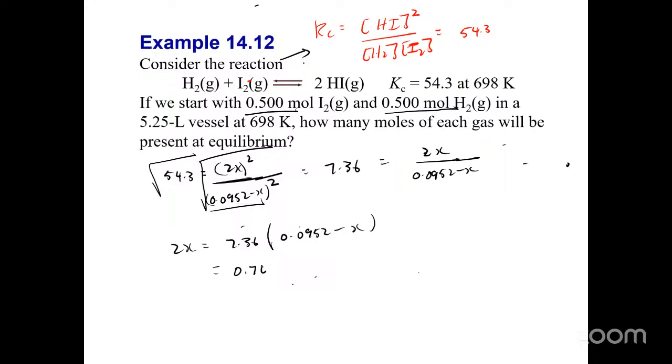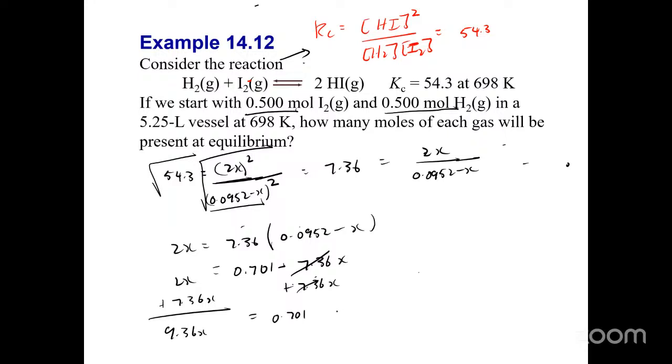When I did that calculation, I got 0.701 minus 7.36x. That would be equal to 2x. And then I'll put like terms together, which means I'm going to add 7.36x to both sides. So when I add it to that side, I get 9.36x, and this will cancel out with this, and that'll be equal to